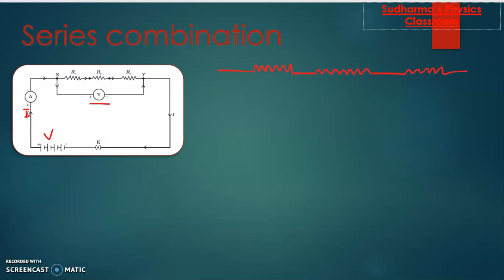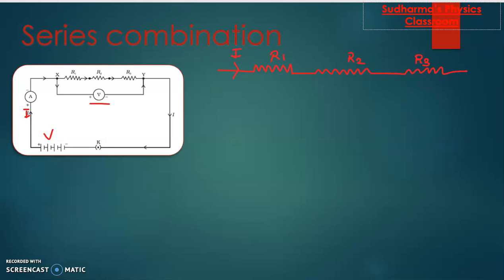Let's see how the current flows in the circuit. This is going to be the most important thing. Always remember, in a series combination, the current flowing through all the resistors is the same. How do you understand that the same current flows through all the resistors? When current enters R1, there is no other way for it to go. There is no branching from there, so there is only one path in front of it, and it just goes through that path.